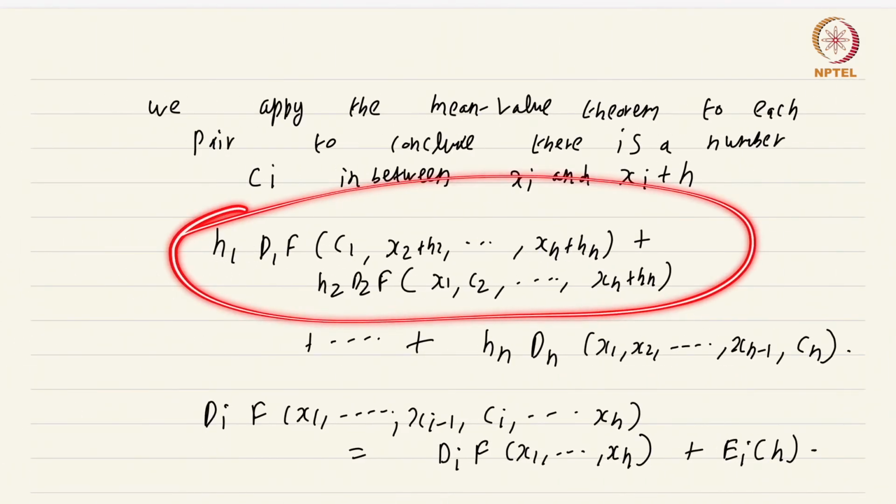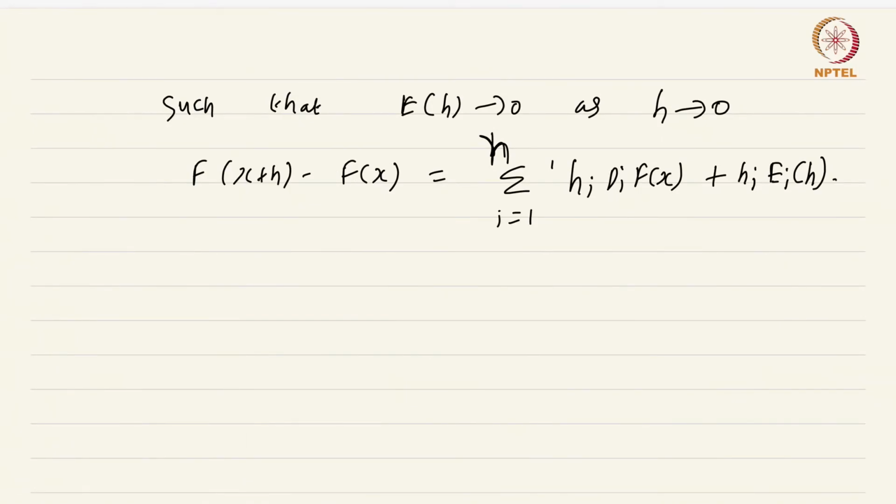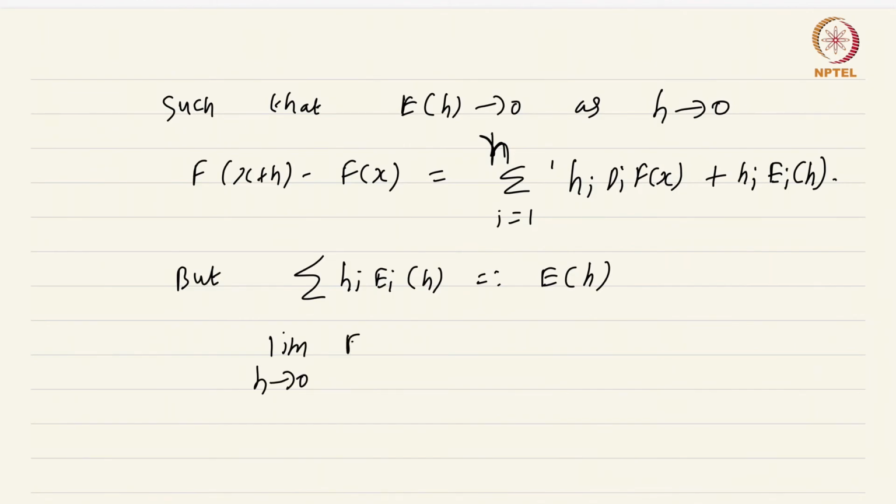Each one of these partial derivatives, I have this further expression, I just substitute. So I get f of x plus h minus f of x is equal to summation i equals 1 to n, h_i d_i f(x) plus h_i e_i(h). Okay, but call this summation of h_i e_i(h) to be just e of h, define this to be just e of h. The limit as h goes to 0 of e of h is equal to 0,